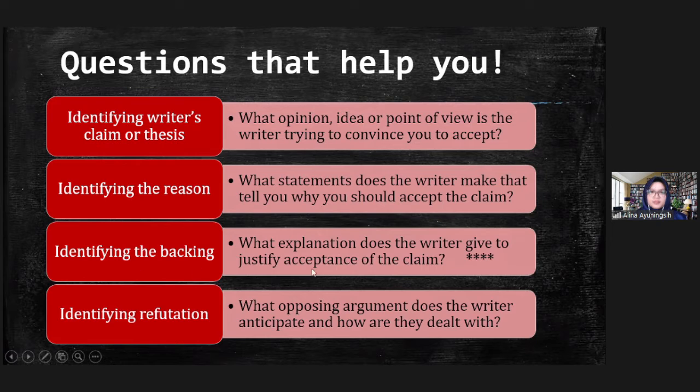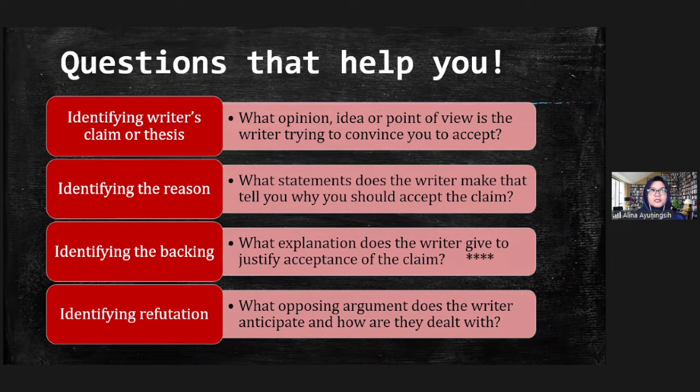Backing, basically, there are many types of backing. So we will talk about that in more detail. That's why I put the asterisk here. And the refutation is about